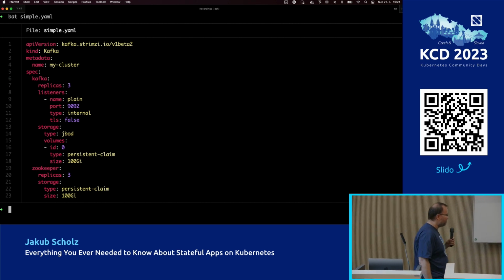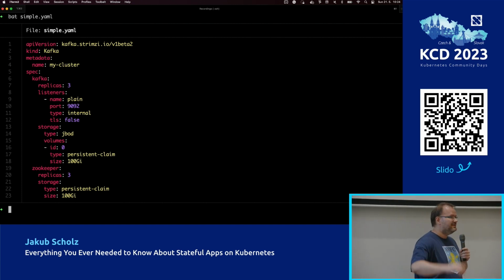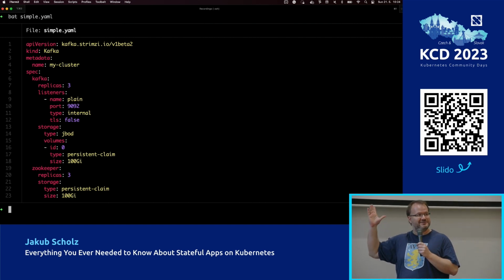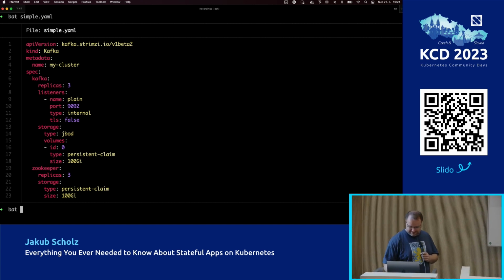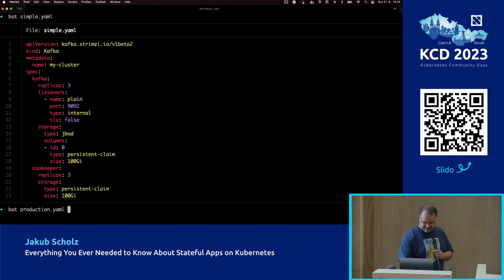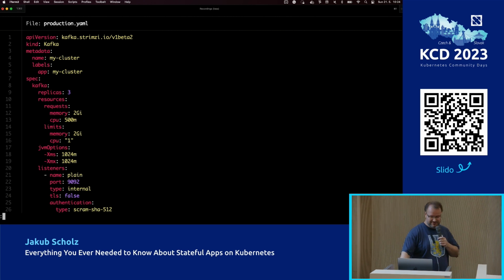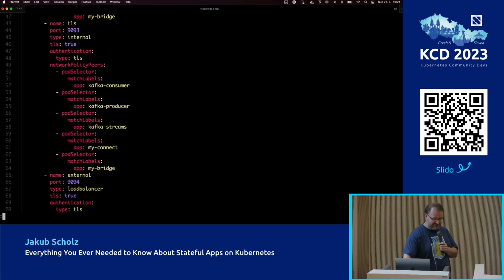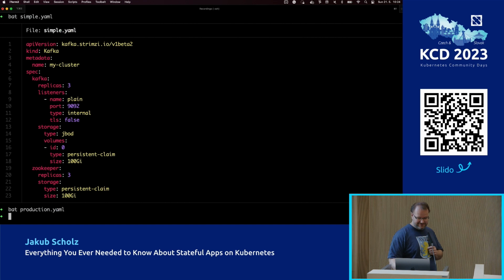This is a simple YAML file, which you can use to deploy an Apache Kafka cluster on Kubernetes. 20 lines of YAML gives you a running, fully functioning Kafka cluster. That's the magic, right? Now, let me show you the secret. This is how the file would look somewhere in production. Scrolling, scrolling, scrolling. Let's not do it till the end, but